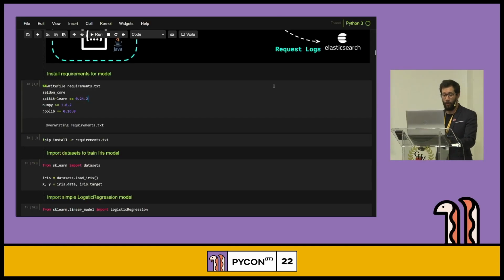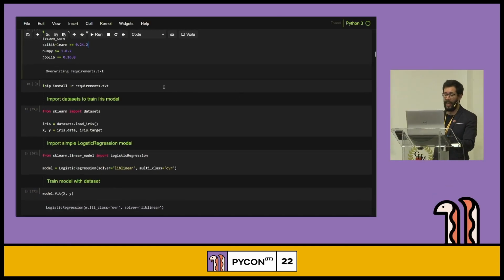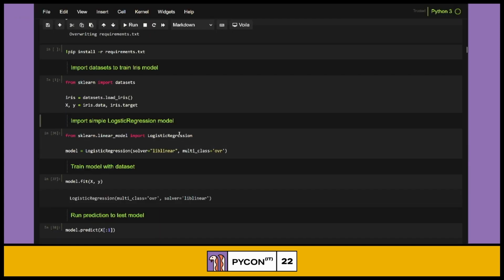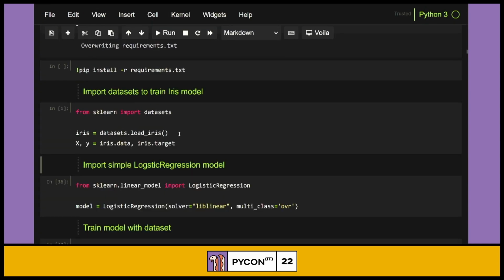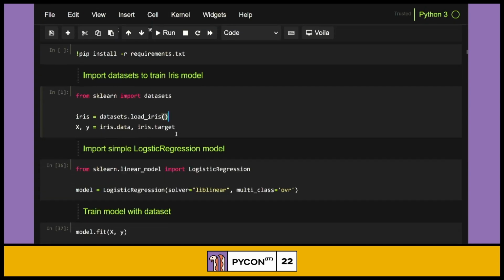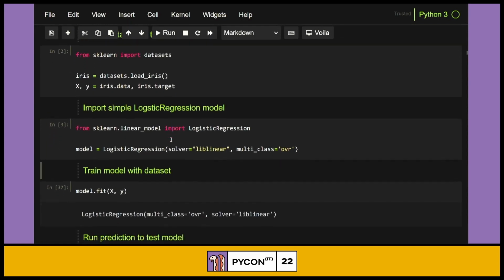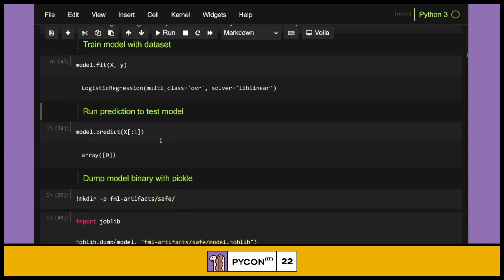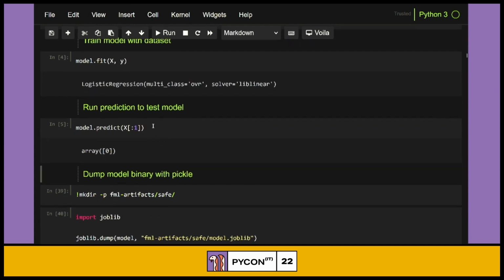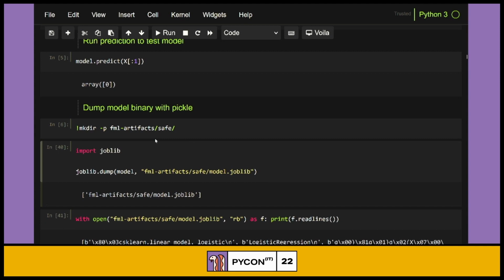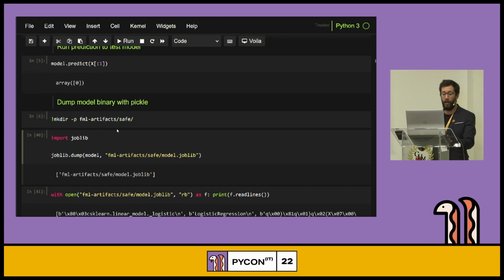Let's have a look. So first of all, if we want to just take a machine learning model, let's start with the hello world of machine learning, the iris classifier. If we take the iris data set and just take a logistic regression model, train it with that data set, now we have a trained model locally, which we can run prediction against. We can then put that model into a Google bucket, right? That's how we are going to be able to put it in our production environment, in our container. That's how it's going to be downloaded.